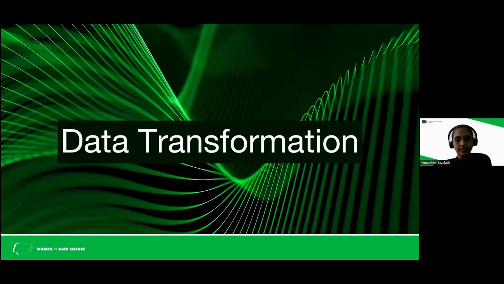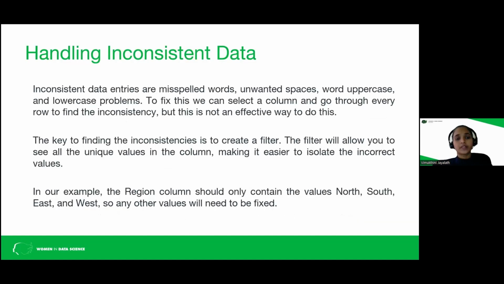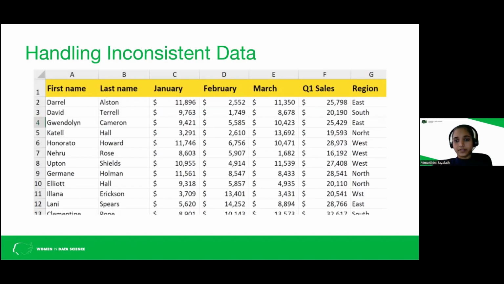So when it comes to handling inconsistent data, a simple way would be, when we have an Excel sheet, just to click the filter button and see if everything is in place. So if we click the filter button in the region, we would see North, NORTH, and also a North which says NORHT. So for that, we can maybe replace it. So that's one way of